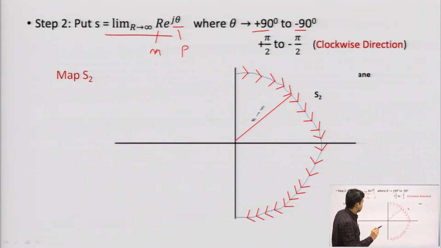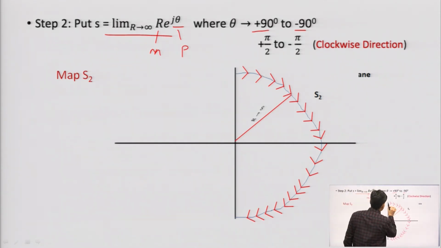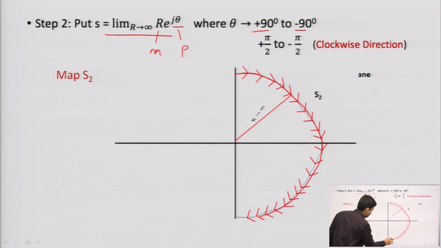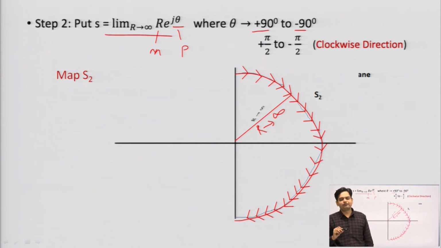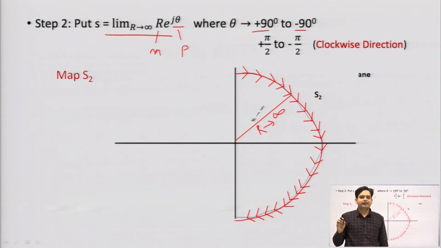It means in the GSHS plane, what is happening? This curve is going like this from plus 90 to minus 90. We are making this radius r tend to infinity. Why are we making this radius infinity? So that we can scan the entire right half plane for zeros and poles occurring in the right half plane. Okay. So, that is why I would like to cover the entire right half plane, so that I can cover all the poles and zeros lying in the right half plane.